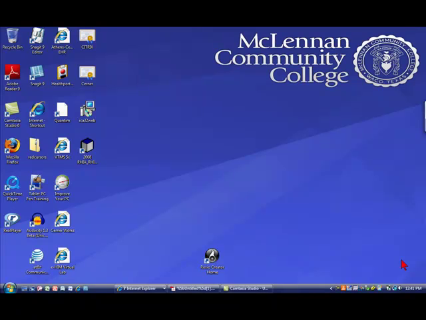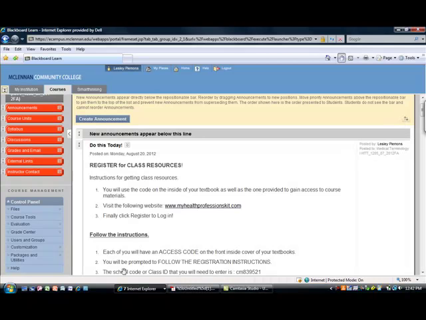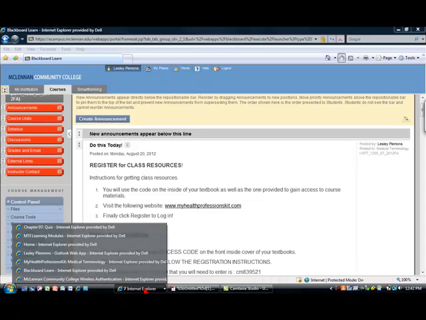to the Blackboard class. All of you should have a Blackboard component. So one of the first things that you need to do is log into Blackboard in order to access important information. You also have a textbook that has vital information in it as well. If you will look in your textbook, you should be able to see